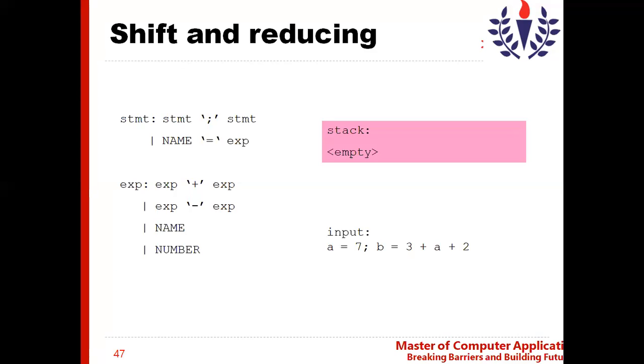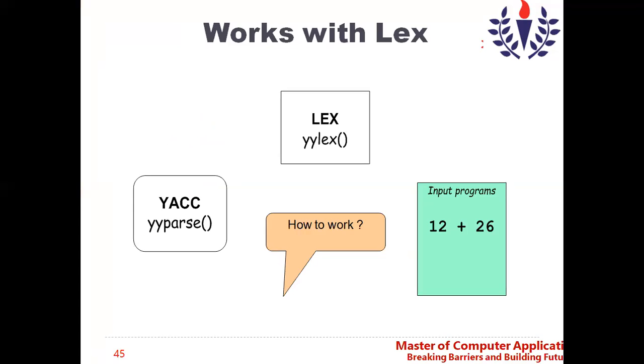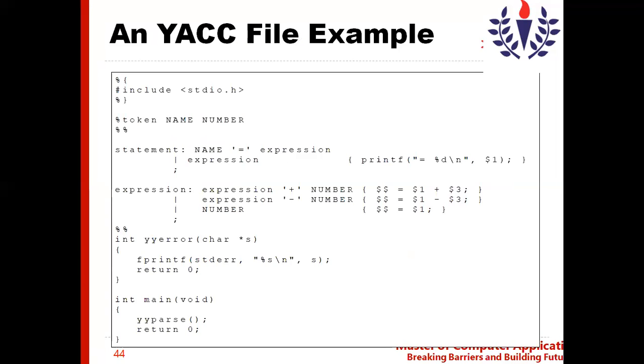Before moving to this, let me go back to the program where I have shown you about Yacc. Now, let us come back to this program. This is the place where I have told you how exactly Lex and Yacc work together. So this is only providing the Yacc part, and in the Lex part we should have the corresponding patterns. Using those patterns, we will be able to get the token and identify the input.